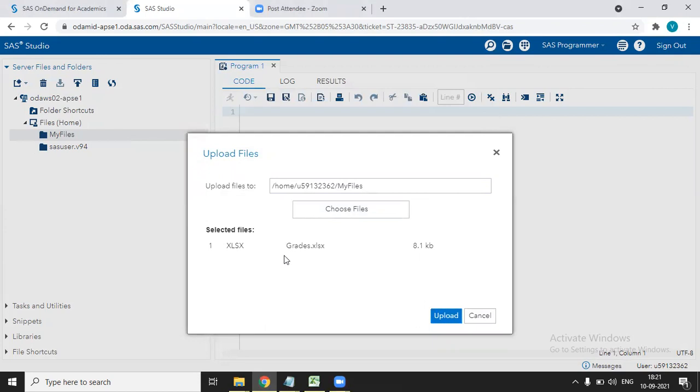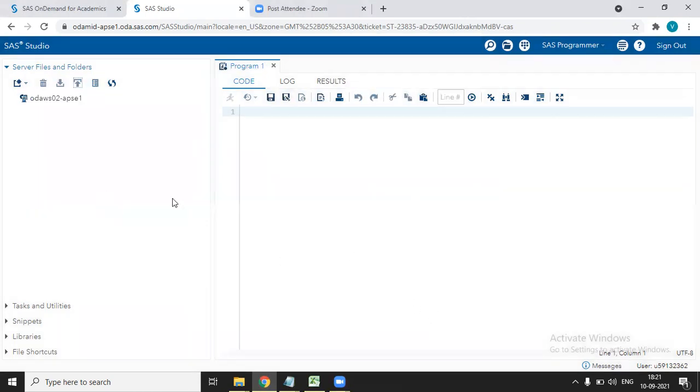Once you have selected the file, just click on upload. You can see the change in the navigation pane: in my files folder, you have uploaded your grades.xls file. You can see this triangle has appeared now. When you click on this triangle, it will collapse. When you click again, it will show the list of all the files stored in this folder.